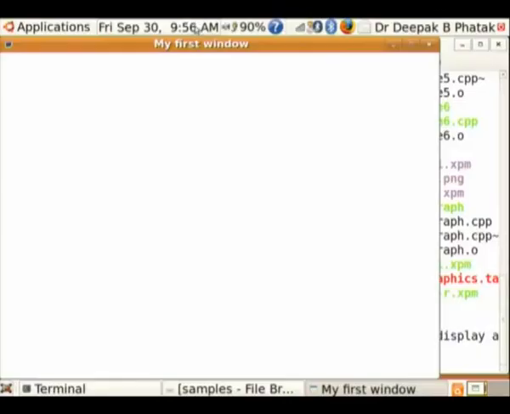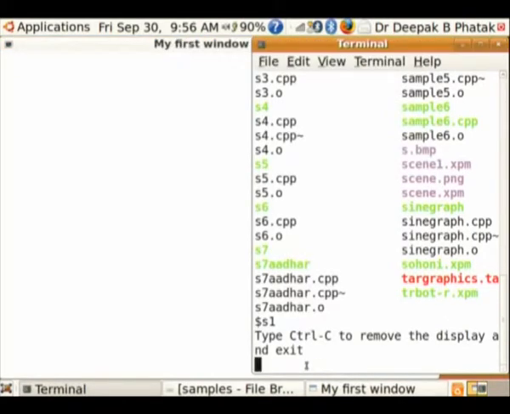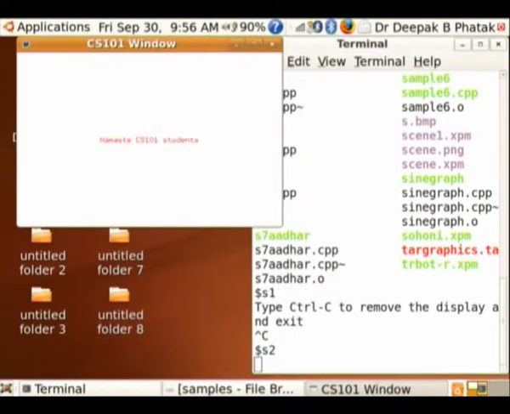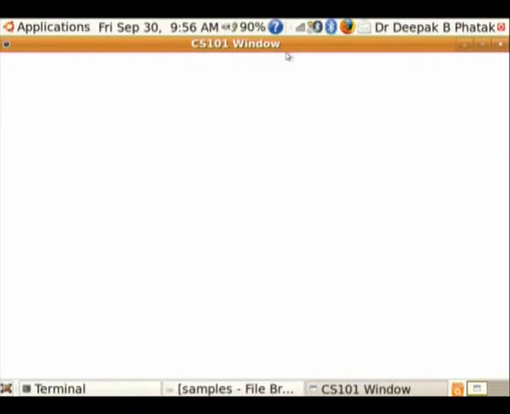Since it is connected anyway, let us first look at the execution of some of the sample programs which we will discuss in the class. So this one just draws a simple window. There is another one which draws a window which is titled CS101 window.